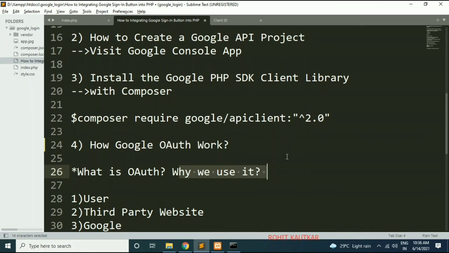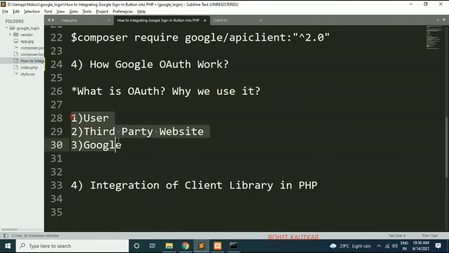This is basically the Google's authentication protocol. Now in this protocol there are three particular entities present. One is user, one is third party website, and another one is Google's authentication server, or you can say Google server. Now let's try to understand the flow of Google's sign-in process.